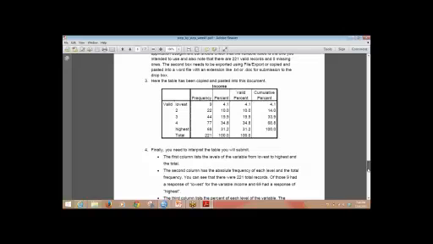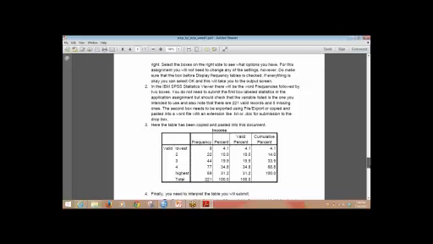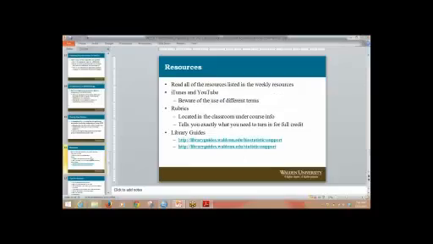Okay, so again, the resources, make sure that you read all of the resources, and there may be quite a few each week. But make sure you are reading through all of your resources, and also the step-by-step guide. Another good resource is iTunes and YouTube.